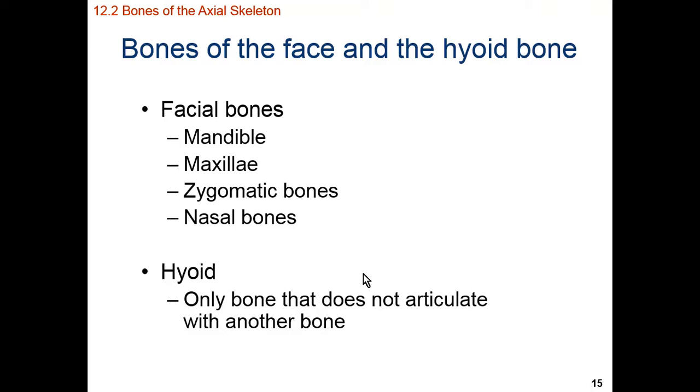Bones that are exclusive to the face include the mandible, maxillae, zygomatic bones, and nasal bones. The only bone in the body that does not articulate with any other bones, the hyoid, is found directly beneath the mandible and kind of floats in our throat area, on the front of our throat, beneath our jaw. Something that's unique about the hyoid bone is that it serves as an anchoring point for the tongue and other muscles